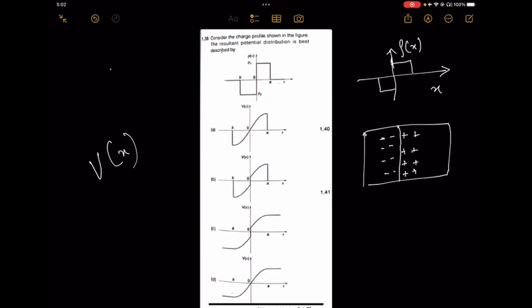If you know the charge, how do you get potential? From Gauss law, we can understand that electric field is the integral of charge. When you integrate charge, you get electric field. We know that when you integrate electric field, you get potential. So obviously, the next step is integration of this curve. This graph you will have to integrate. Once you integrate,